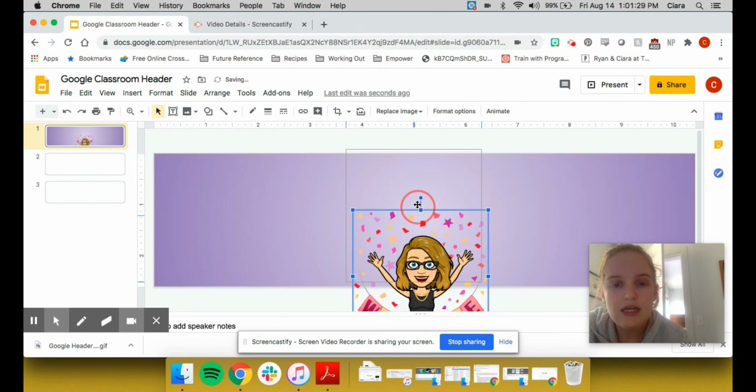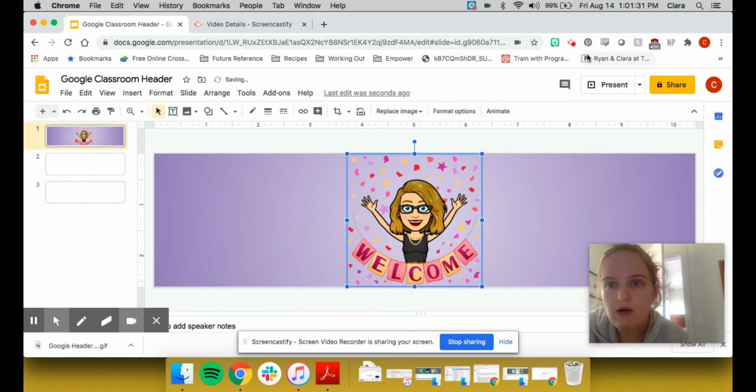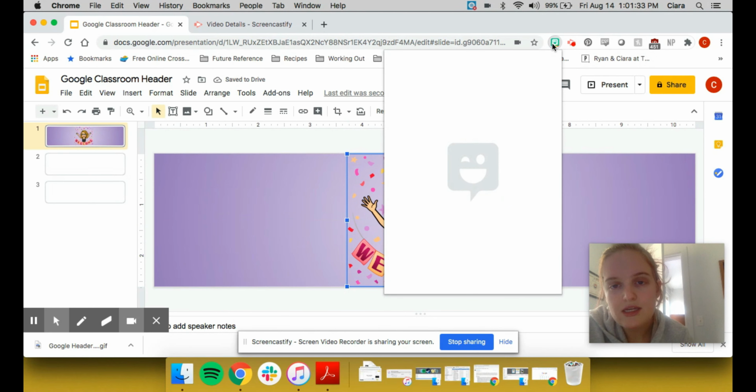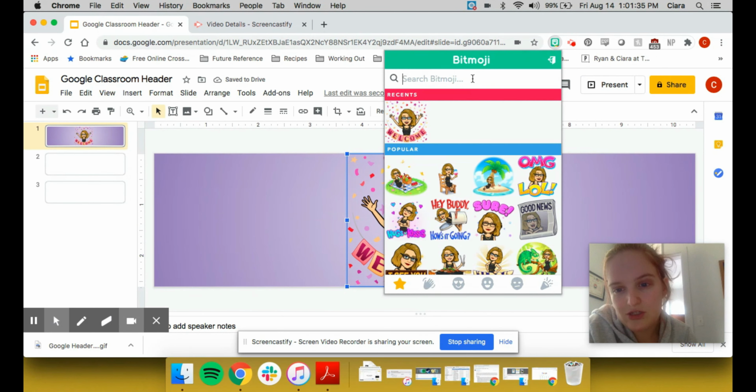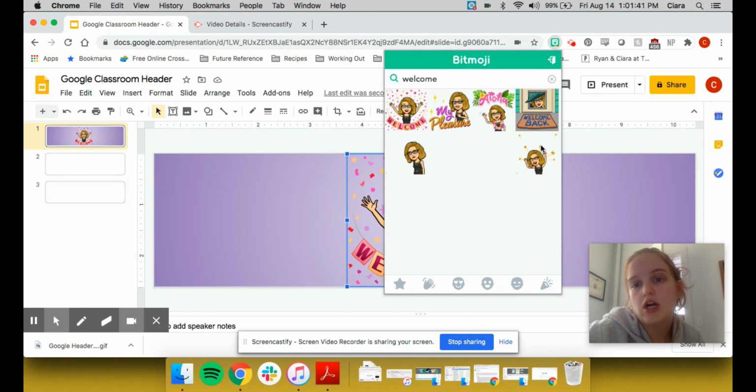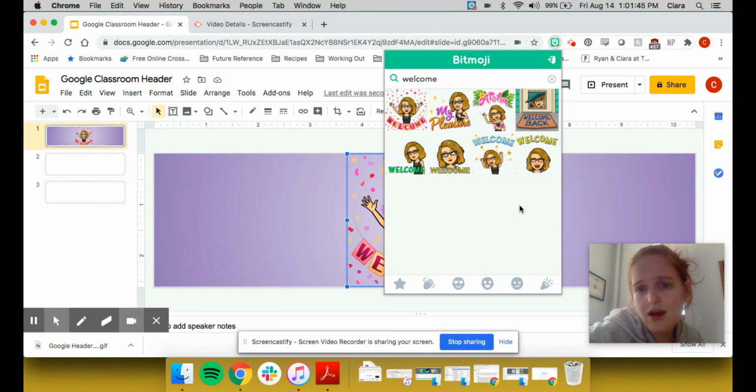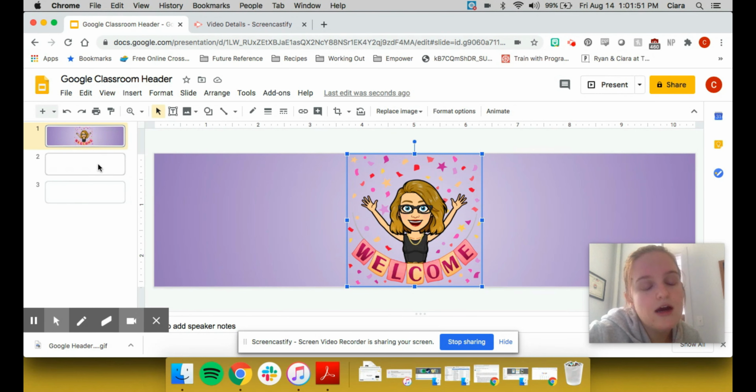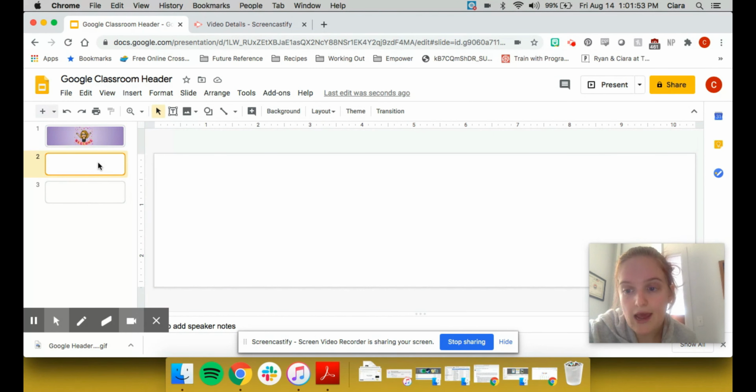picture right here. And something that I kind of like about the Bitmoji extension is that if you type in a word that you want it to say, such as welcome, they'll start attaching it to other Bitmojis, which may or may not be relevant. But that could be cute as well if you want to show how excited you are for the kiddos to come back. Another way that you can do it, and the way that I have it on mine, is to